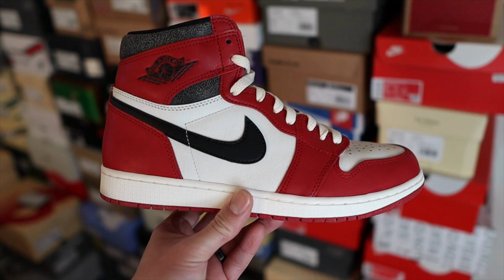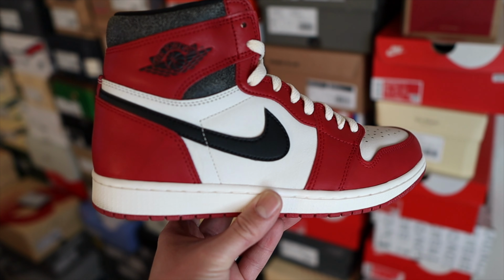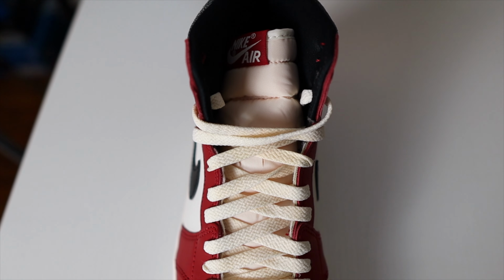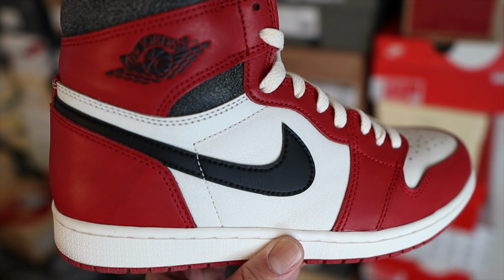Obviously here you have the classic Chicago colorway. You have white, red, and black throughout the upper of the shoe. The white leather base is going to have a pre-aged look similar to the leather around the ankle collar. Another cool detail is that the tongue here has this cream color just to give it a vintage look as well. The midsole on these Chicagos also has a sail white color to give it more of that pre-aged